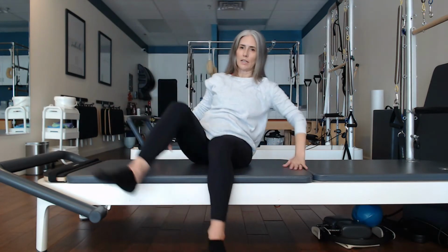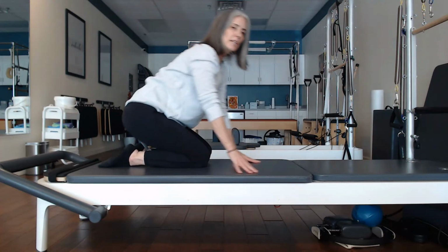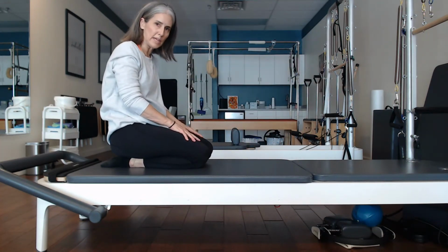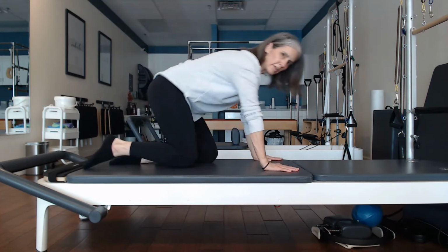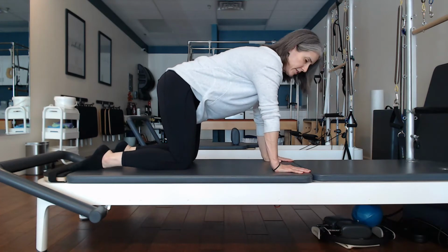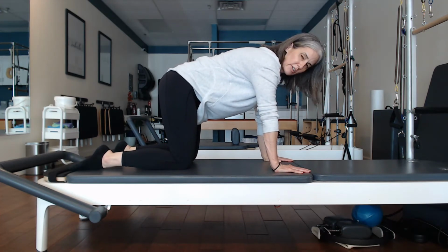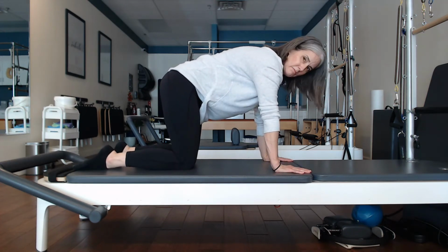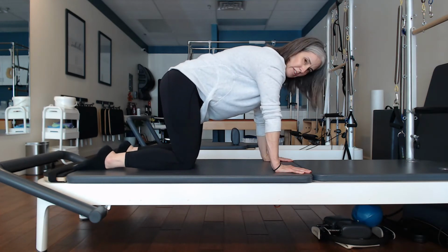We're going to go to kneeling. So when we're kneeling, we can be up on our knees or we can be on our hands and knees. So if kneeling, all the pressure on your knees is too much, then you'll do this with your hands down. Or if you're just feeling better about hands down, that's fine too. So here's what it looks like. I'll show you hands down first, and then we'll go to